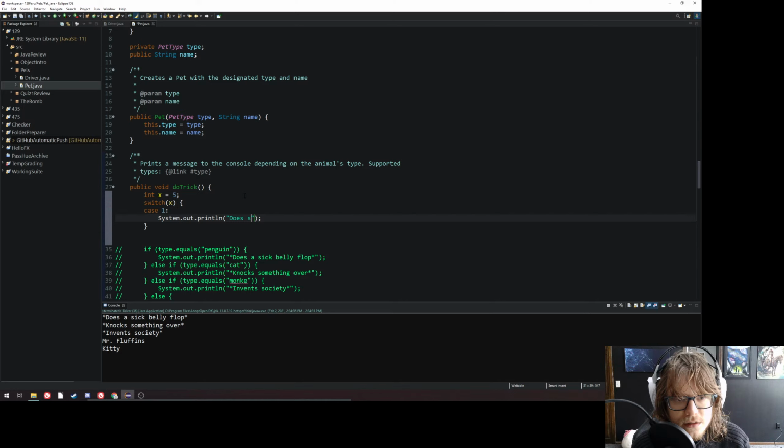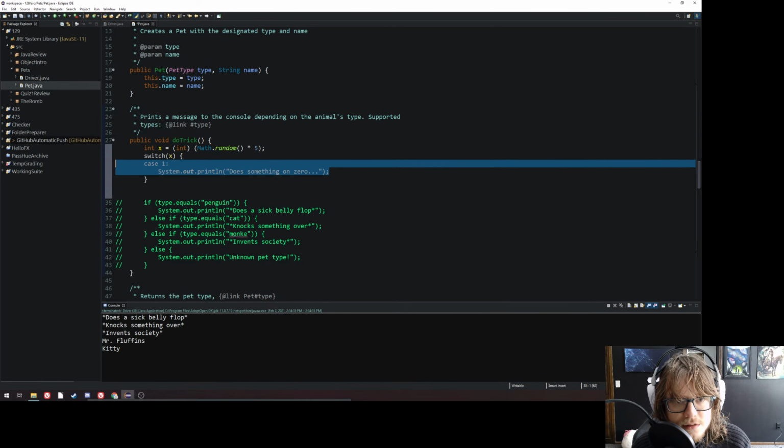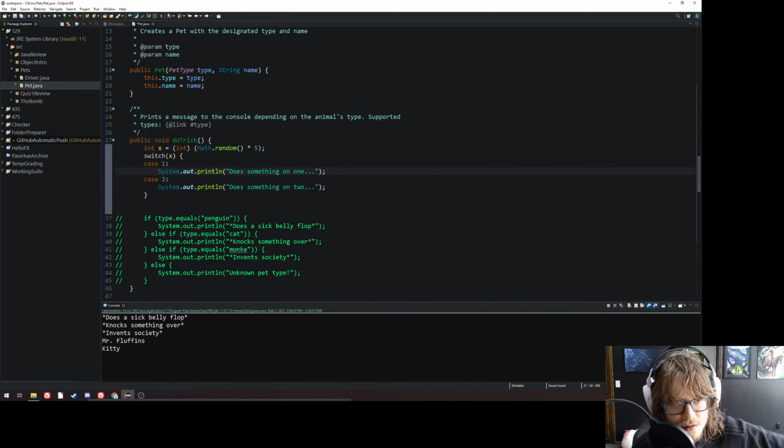Okay, so it does something on 0. Make this a little more interesting. We'll do math.random times 5. Cast that to integer. Okay, so it does something on 0, and then you might be tempted to just do this. So say case 2, and then say it does something on 2. I don't know why I said 0. That's a 1. So it does something on 1, does something on 2, but we're actually missing an extra important keyword here,